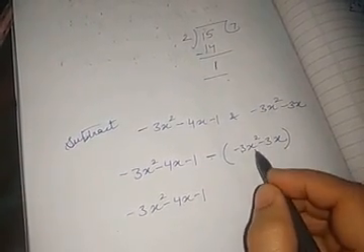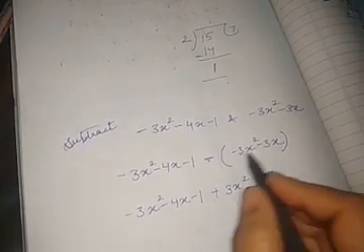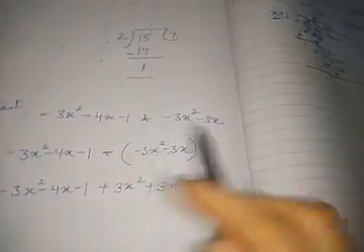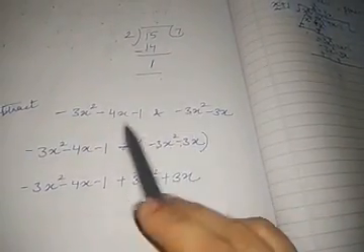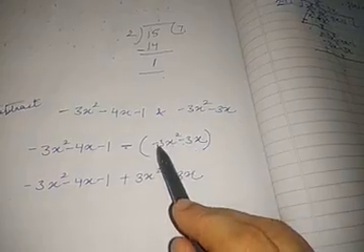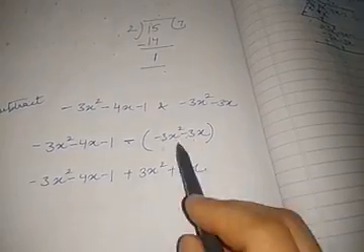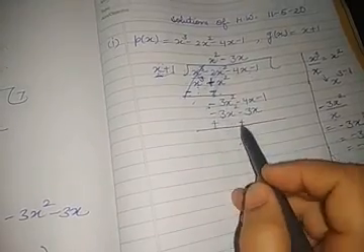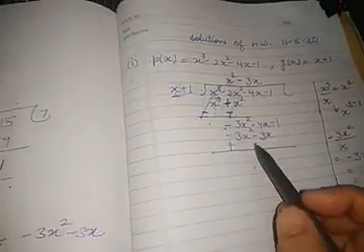When we open the bracket, because of this minus sign the signs will be changed. It was minus 3x square, so minus minus will now become plus. Because of this minus sign, this sign will be changed. It will become plus 3x. So we are subtracting the second polynomial from the first polynomial, and we have changed its sign because of this subtraction sign. So when you have to subtract, we change the sign of the polynomial which is under the first polynomial. Okay, hope you get it now.